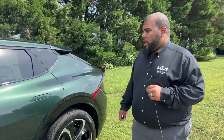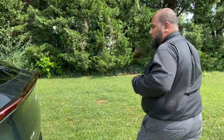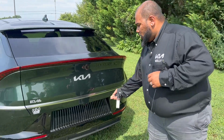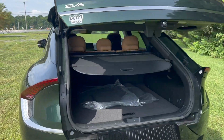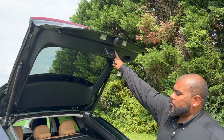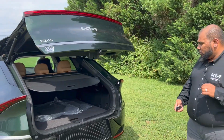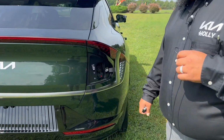Then as we come to the back, we also have the new Kia logo on the back as well as a back camera. Now this car also comes with the automatic smart lift gate. And we just push that button right there, it goes right back down for you. When you come around here, as long as your vehicle is unlocked, you can tap this right here and there goes